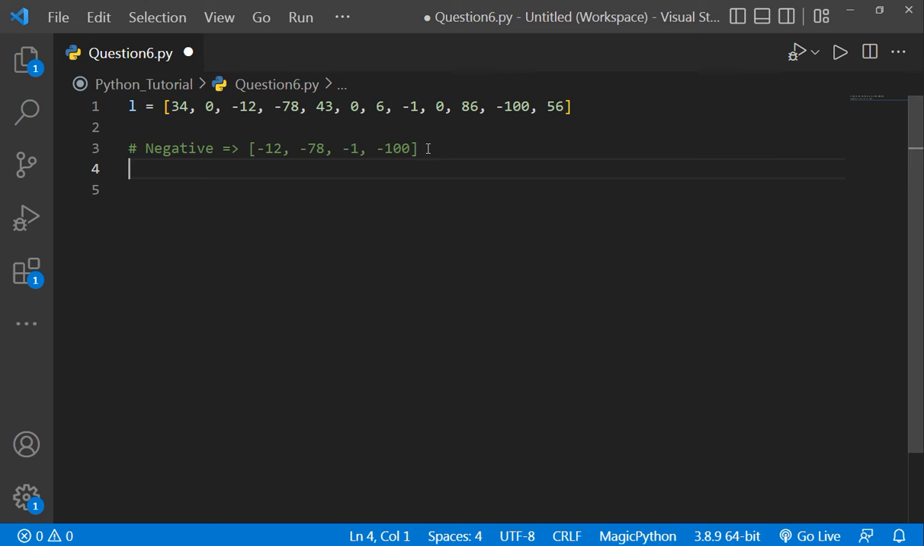Okay, and then just like this there will be positive values, positive, and like this, and here it should be list only 34, and there should be 43, 6 and 86 and 56, like this. See, here are our positive values, okay, and for 0 you have to say 0